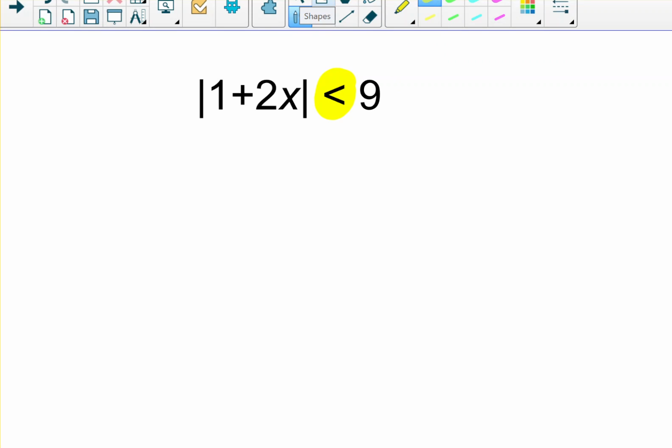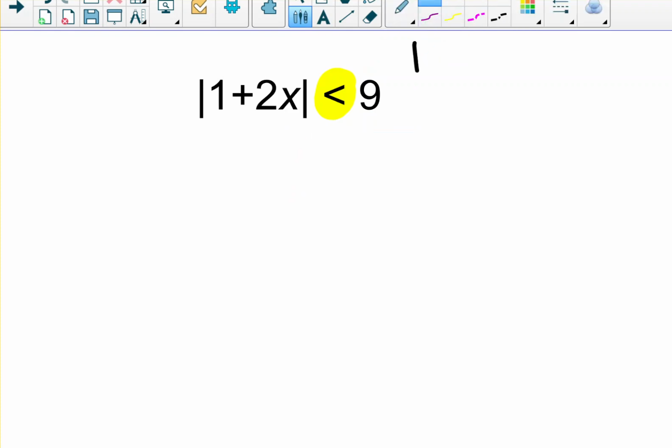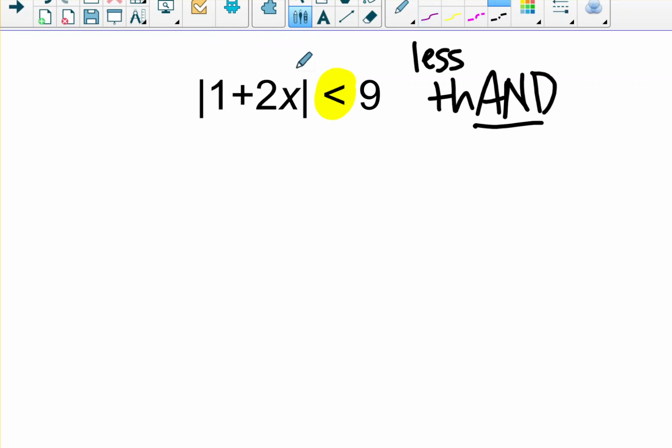So I'm going to use some kind of bad grammar, and I like to say, and have you think of this in your head, as a less than equation. Because with absolute value, when you have inequalities, it's either an and or an or problem. And if you see a less than, that means it's an and problem. So the first thing we need to do is rewrite this inequality so we can solve it. So I'm going to drop the absolute value bars,